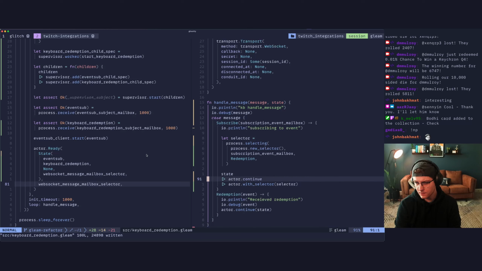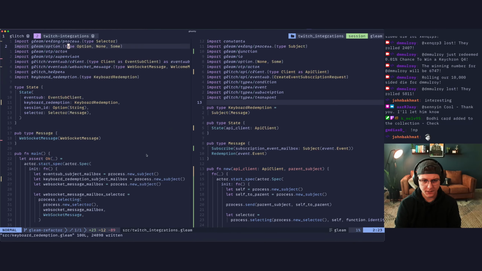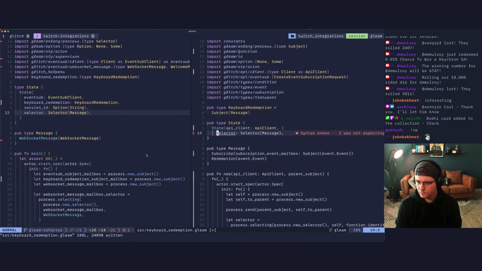We update the selector. We should add our selector to state like we did over here. So we merge it rather than replace it.